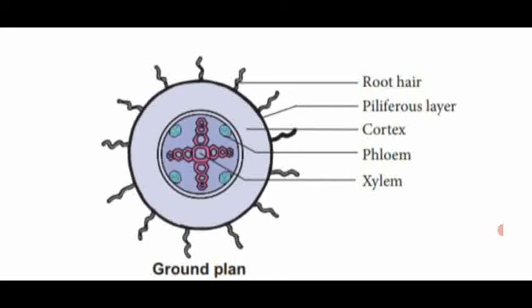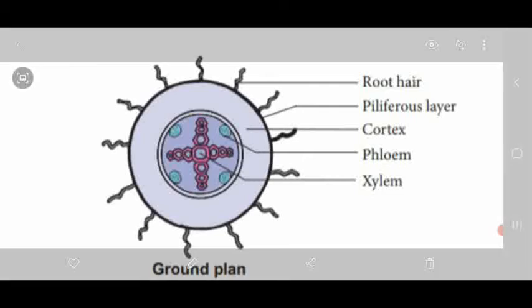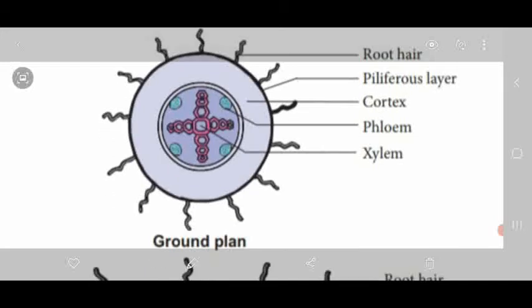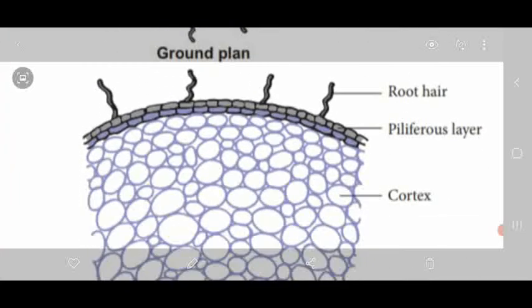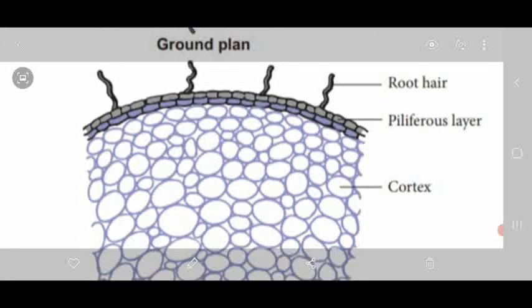Xylem, how many arms are there? 1, 2, 3, 4 arms. That is, the xylem is said to be in tetrarch condition. Then how are xylem and phloem arranged? On different radii and also in an alternate manner. That type of bundle is called, what is that one? Radial bundle. Then the protoxylem elements which are facing the periphery or margin, that is called exarch xylem. This is the ground plan. Now we are going to see one sector of a diagram.